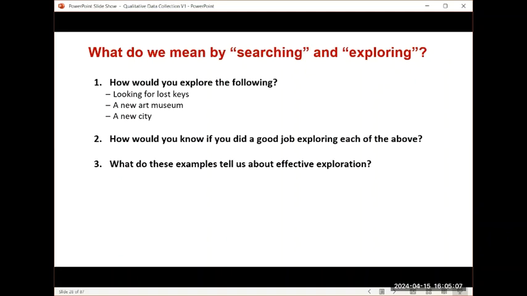And finally, what does this tell us about the effectiveness of exploration? So let's unpack a little the difference between searching and exploring. In searching, you actually have an objective. You're searching for something, and you're successful if you find it, right? The way you search is you set up a searching grid. So when people are missing on a mountain, the rescuers will literally grid out the entire mountain and assign people to go through it.